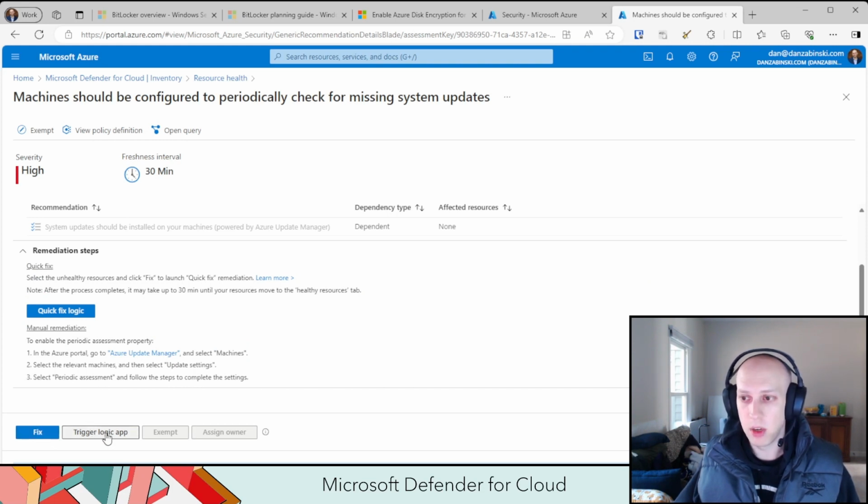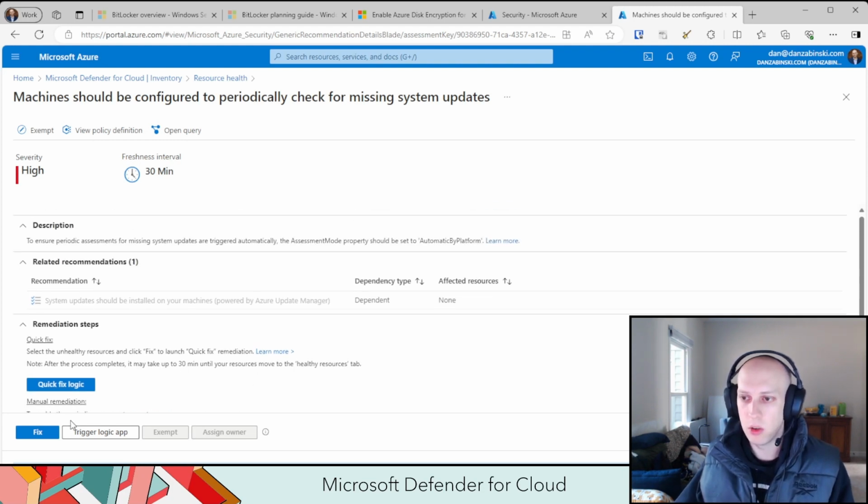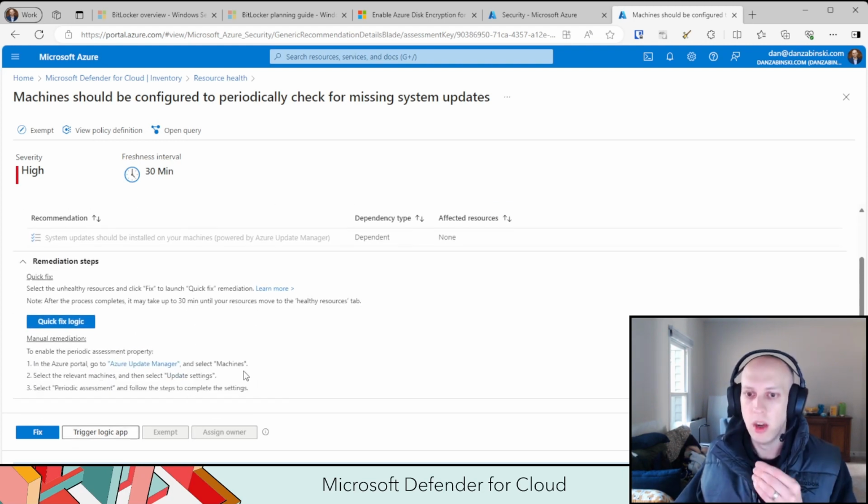Also, you can have it configured to trigger a logic app, meaning if it fails this vulnerability, I can configure an automatic action that will go fix this for me using the logic from this Defender portal. And this is where I think it's getting into the tools for identifying and remediating security issues. It wants you to look at this, see the issues that it has outlined and identified for your VMs, and then remediate them, either using this portal or the steps they outline, or some other tool to automatically trigger remediation